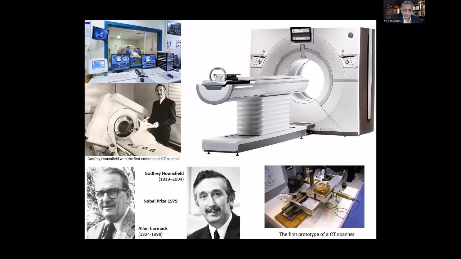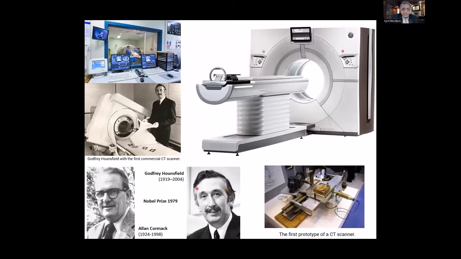So this is Godfrey Hounsfield, and this is Alan Cormack, and they received a Nobel Prize in 1979. Both of them were sort of engineers. He was an electrical engineer in Britain, and he is from South Africa. He went to the USA, and it was his mathematical algorithm that helped